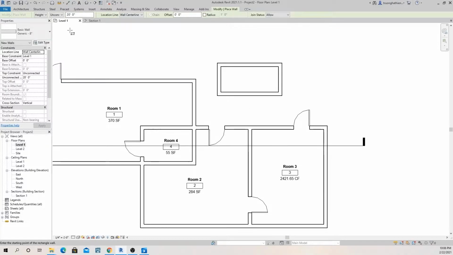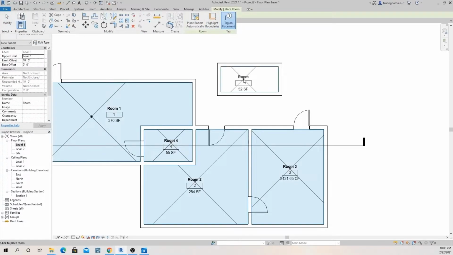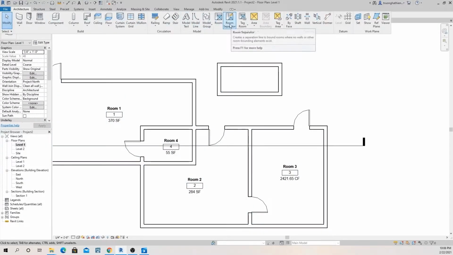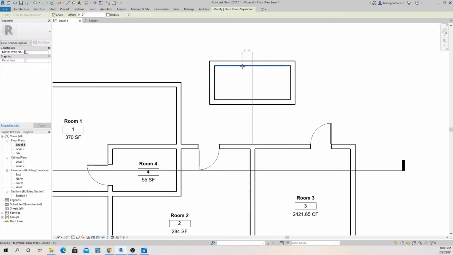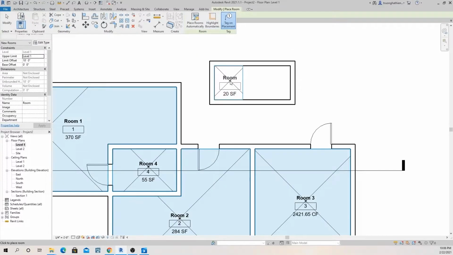But in case there is no wall, we use the room separator, and we can split the space without the wall. In case you use the room separator by a line like that, now the space has just created two spaces, okay, separated